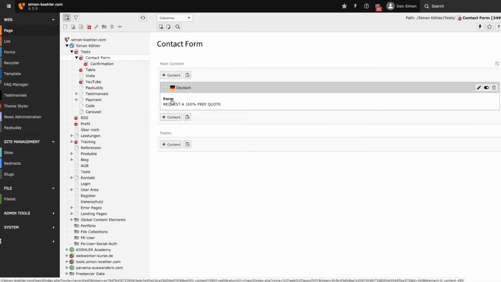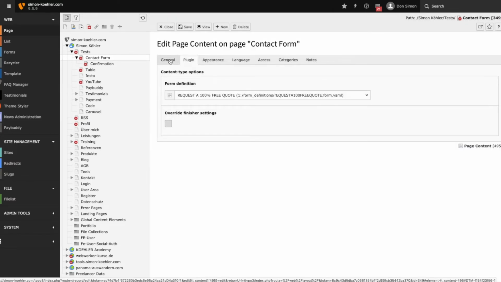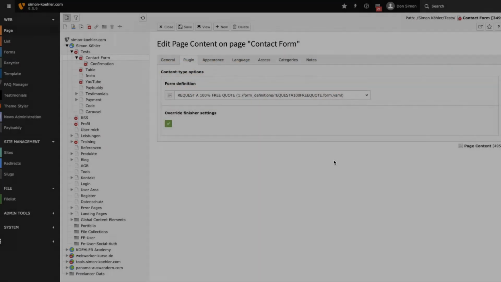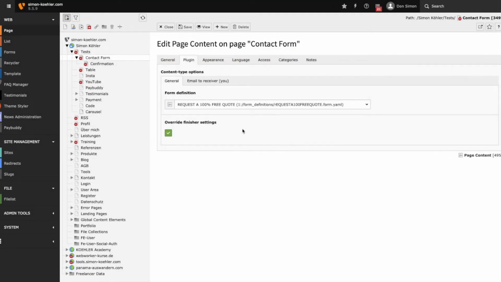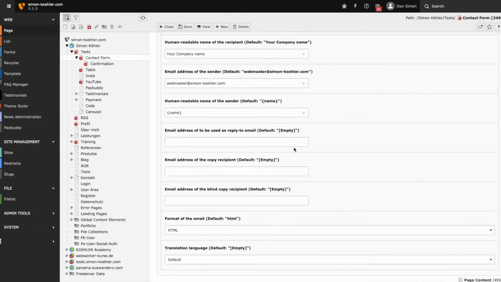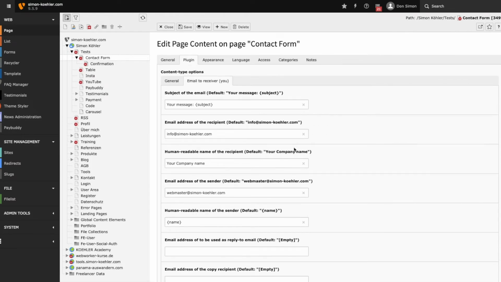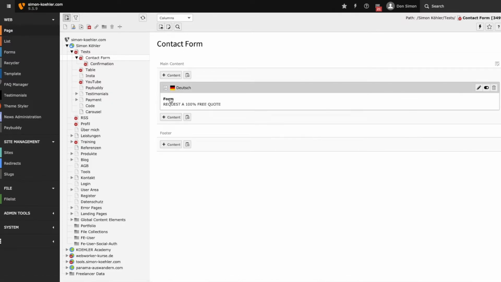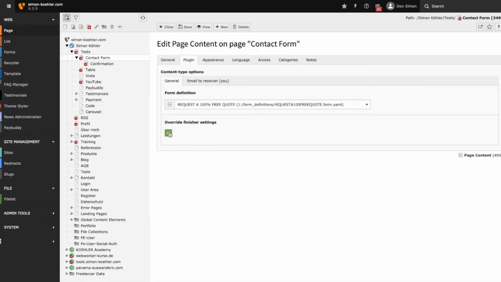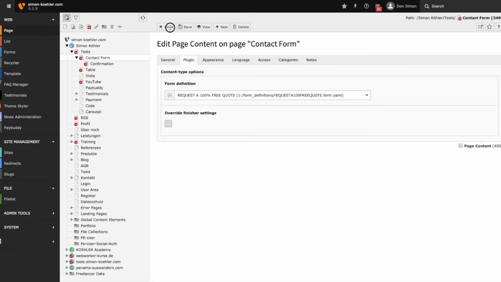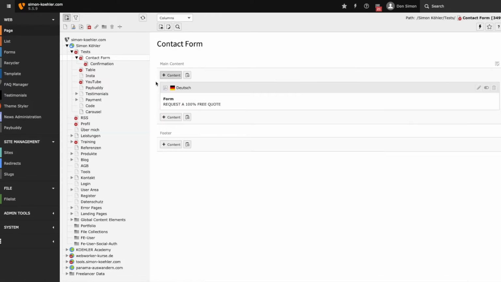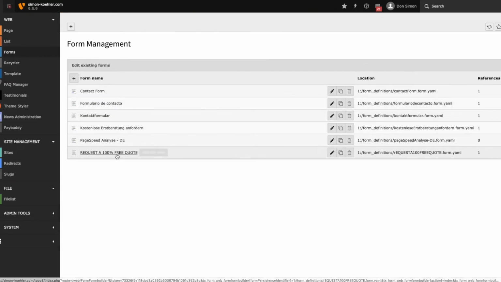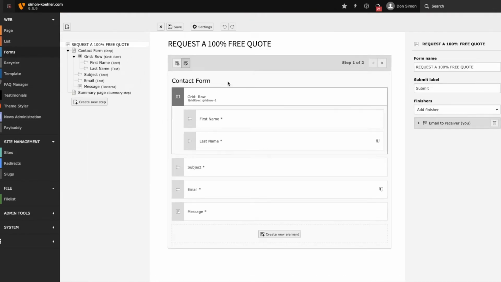So now we've created a contact form page, and now inside of the plugin we can override the finisher settings, which means we can override all the settings we've set in the basic form record inside of the form framework, which makes the forms really flexible. I just wanted to show that. I'm going to deactivate this again because in this case I want to make sure that everything is set up inside of the form framework only. I'm going to open my form again,